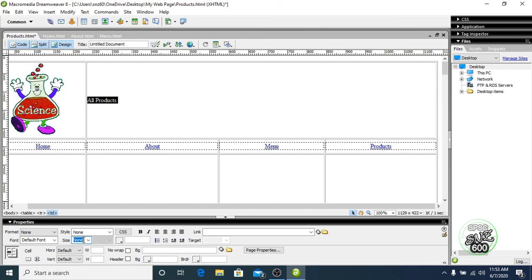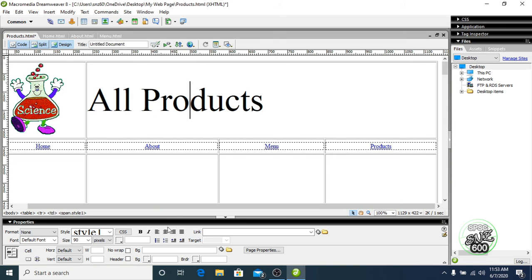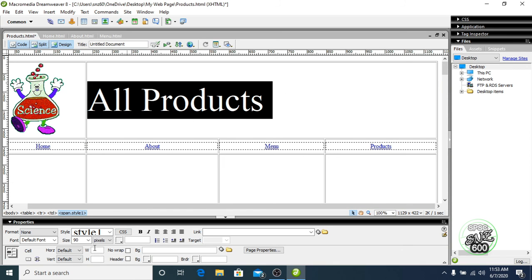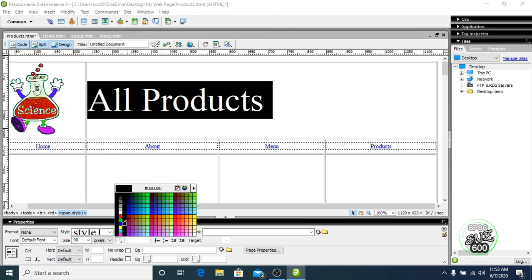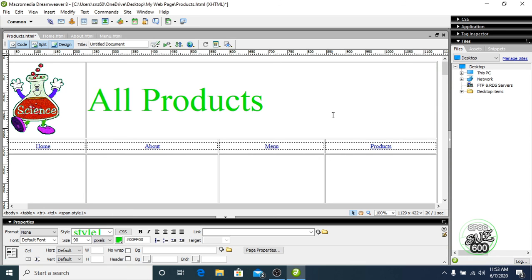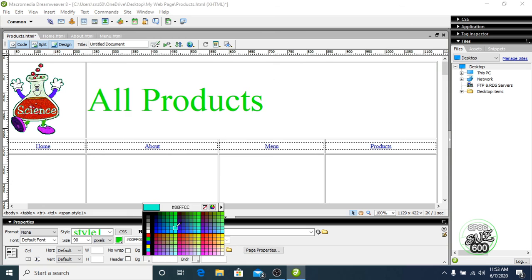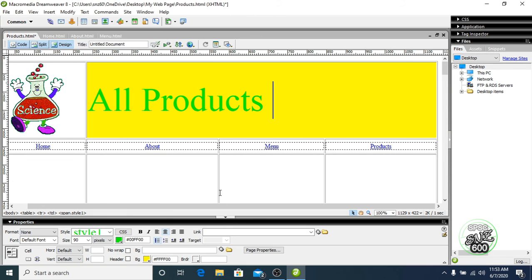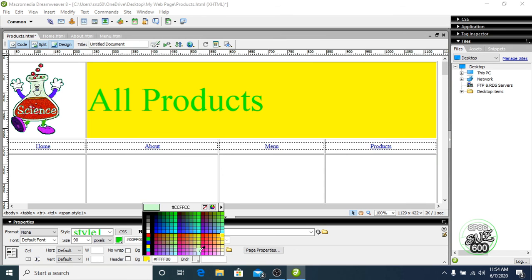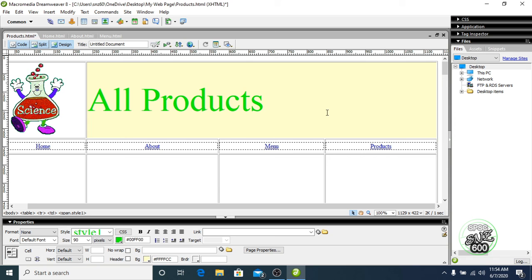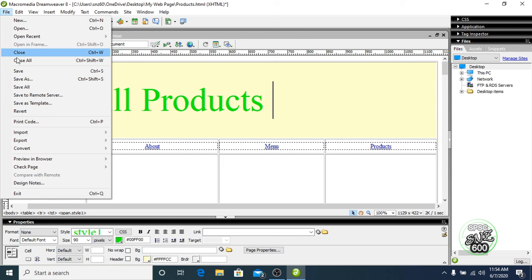The text size should be 90 and change the color of the text, so color is green and background color I'm going to give yellow. Yes, this color is okay. So here I need to save this page.